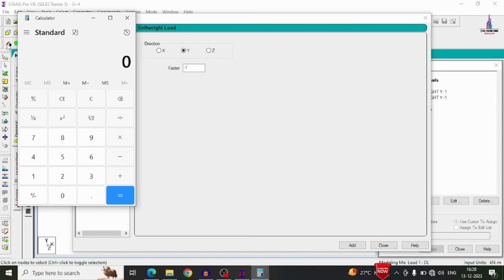So here, the external wall thickness is 0.23. We have to multiply this value with the density of brickwork. Again, we have to multiply this value with each floor height. Here in this example, we consider each floor height to be approximately 3 meter. So we get 13.8. This load is related to the external wall.